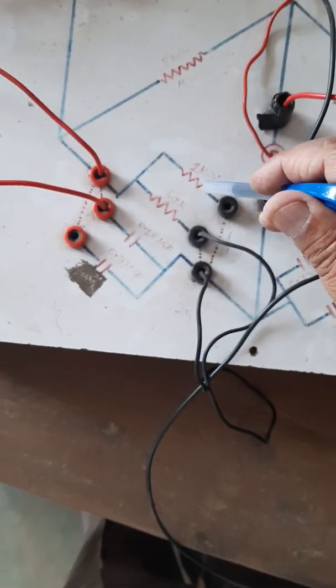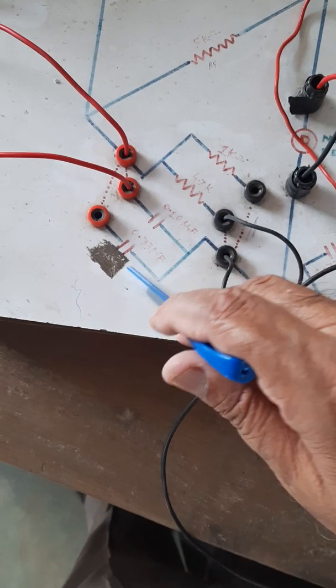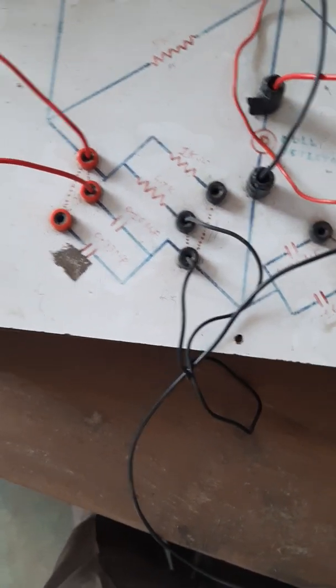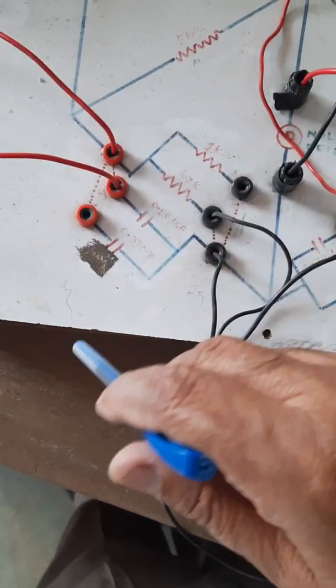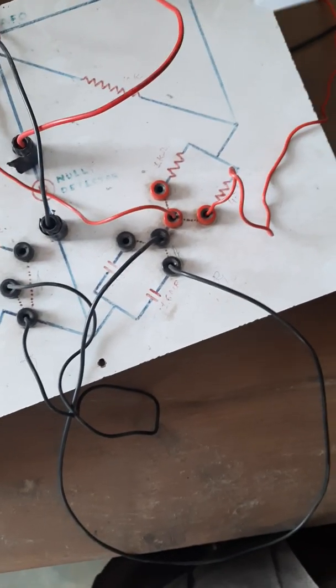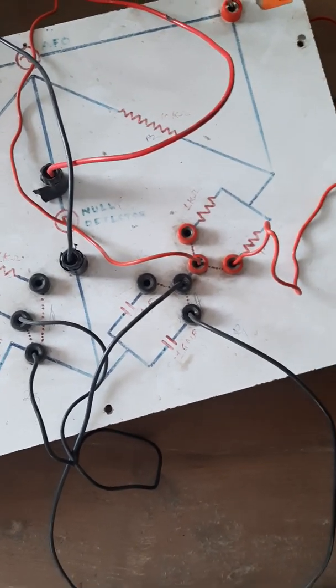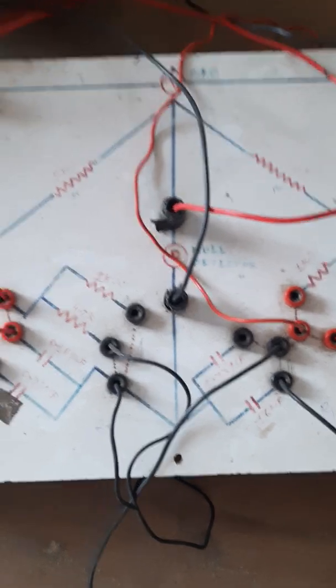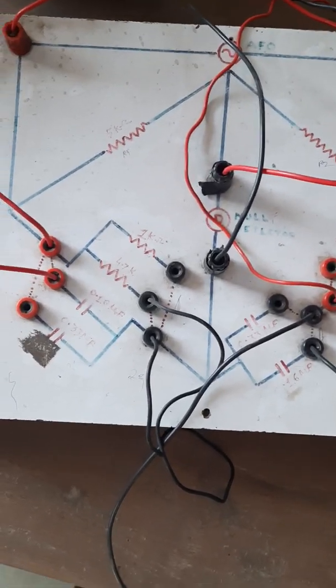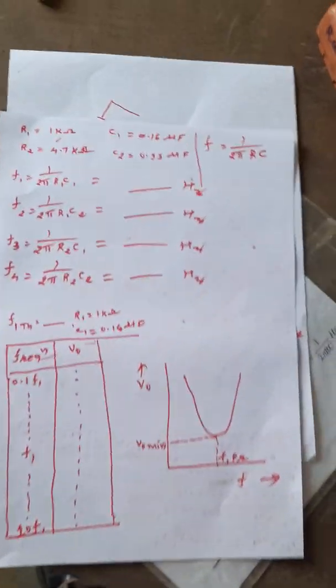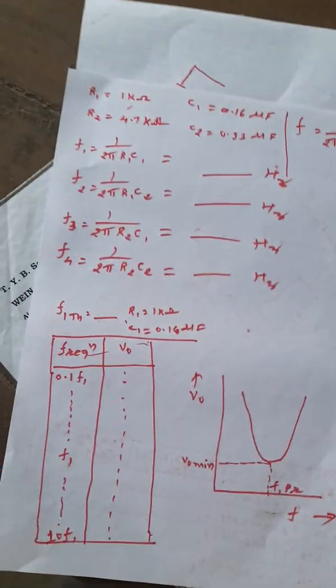Now we can set any value of R1, R2, C1, C2. Whatever value we select in the series combination, the same value must be selected for the resistor and capacitor in the series section, the series branch also. Once this value of resistor and capacitor is set, then we have to calculate the theoretical frequency at which the bridge is going to balance.